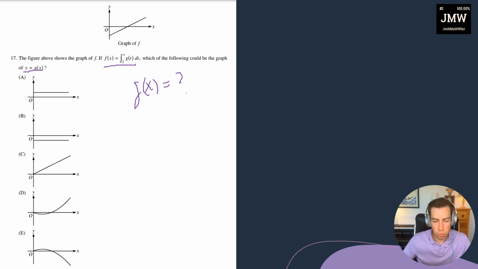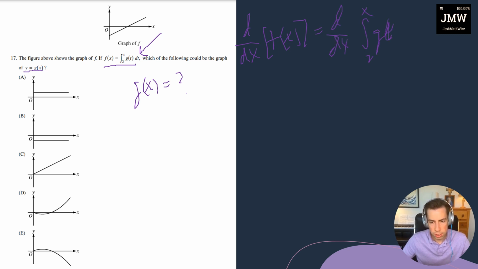One way we can do that is I have something that kind of looks like g of x. It's g of t, but I want to see if I can convert it to g of x. So what I'll do is take the derivative of f of x, and then take the derivative of the integral from 2 to x of g of t dt. Now we're going to use the fundamental theorem of calculus here, but let me show you how that works. The integral from 2 to x of g of t dt actually equals the antiderivative of g of t